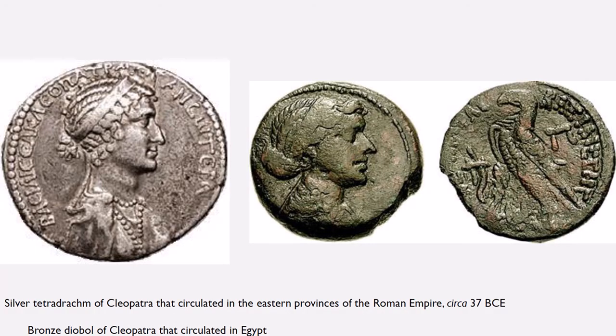Outside Egypt, in other territories controlled by Egypt or those controlled by the Roman Empire under the supervision of Antony, we see a very different Cleopatra. The only securely identified portraits of her are found on coins, and these are potentially more realistic. They are done in a naturalistic style, but at the same time, you can see these two coins are quite different, really.